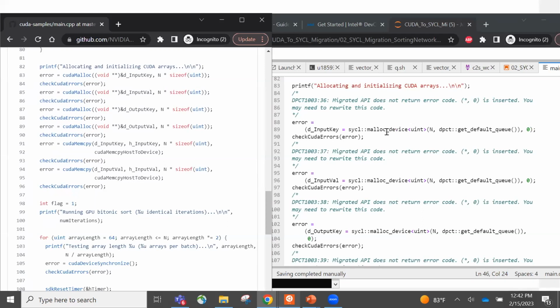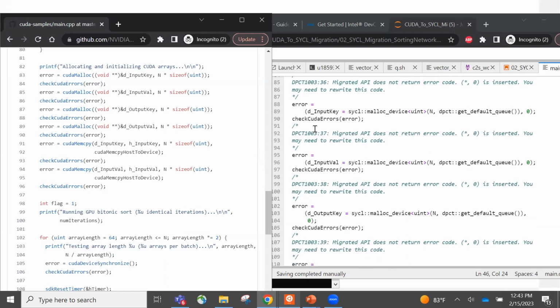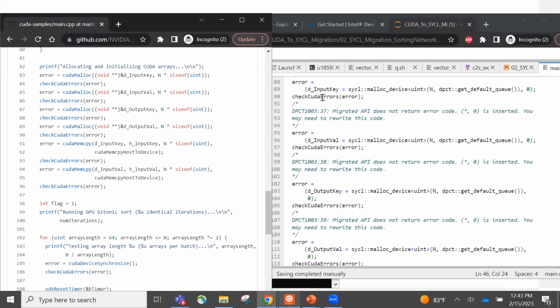malloc_device. And usually when the migration is done, if there is anything important you need to check, the tool actually creates comments called warning comments, right? It mainly gives you "migrated API does not return error code. You may need to rewrite the code." It's not a major error, but it's just saying that in CUDA, I guess it returns an error code, but in SYCL, it may not. So if you're dependent on that, you may not get the right error code, right? This is not something major, but the code is still compiling, so we don't have to worry about it